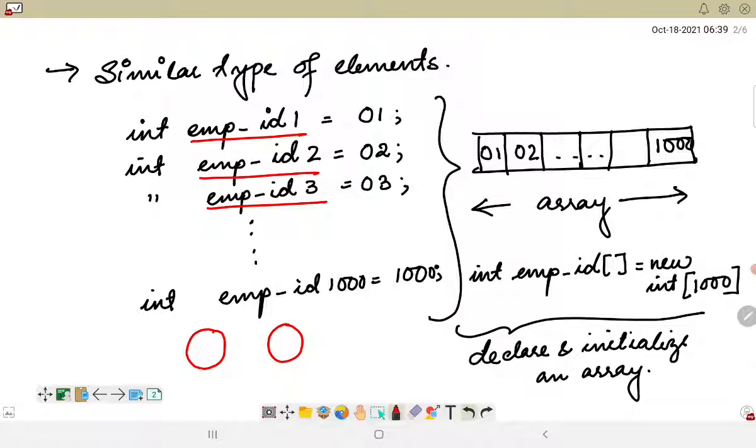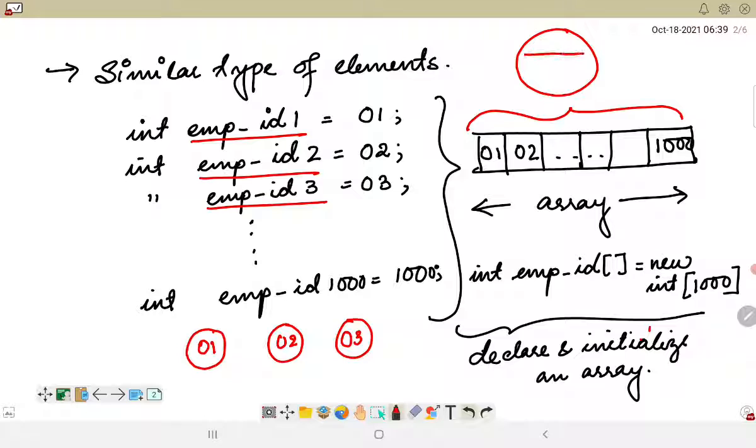Let us say for 1 it has one memory, for 2 another memory, and for 3 another memory, and so on. Whereas when you are creating an array, a single memory location is used in order to store this particular array.